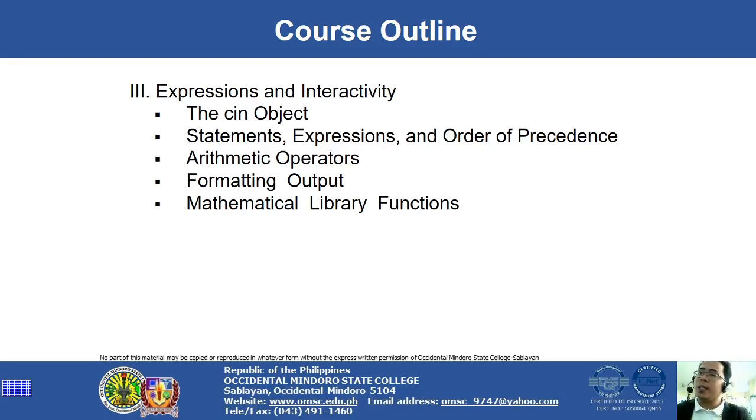Yung formatting, napaka-importante sa akin nito kasi yung formatting ng output ninyo, doon natin makikita kung gaano kalinis ginawa. Hindi lang nag-encode ka, nag-code, nag-run. Pag-display, andyan na yung output, pero hindi siya maganda tignan, so wala rin kwenta. Minadali. Ang tawag doon is quantity, not quality. So, make sure we do have the quality.